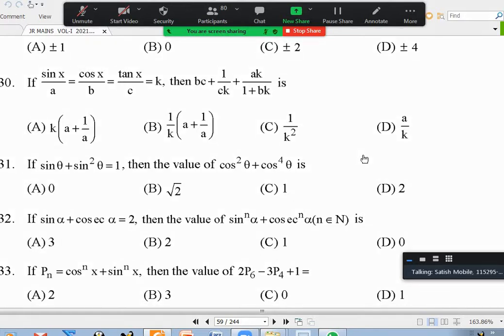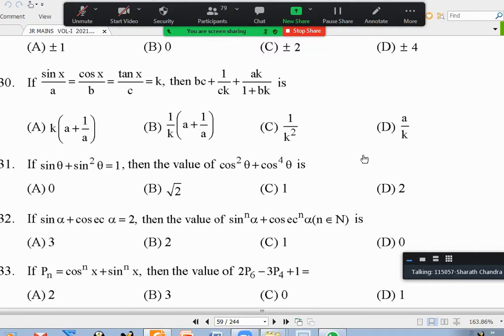Anybody want to give an idea how to find the value of AK, BK, CK, and BC? Sir, if we send the sin square theta to the other side. Okay, let us see one by one. I got so many voices. Indu Hasani, tell me what you want to say. Sir, I'm speaking about the 31st question. You are talking about 31st. I'm talking about 30. Sarath Chandra, what is it you want to say about 30?